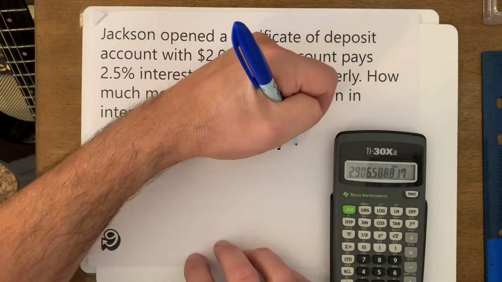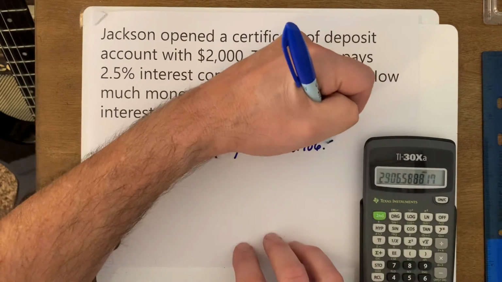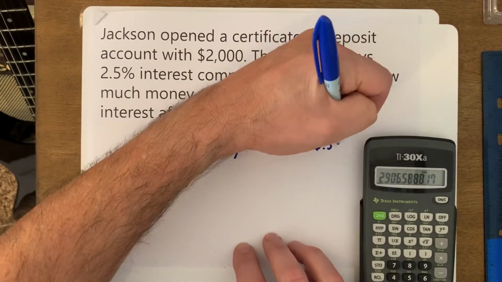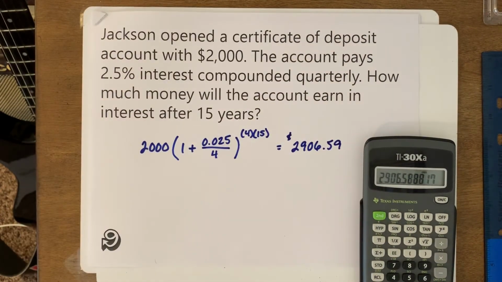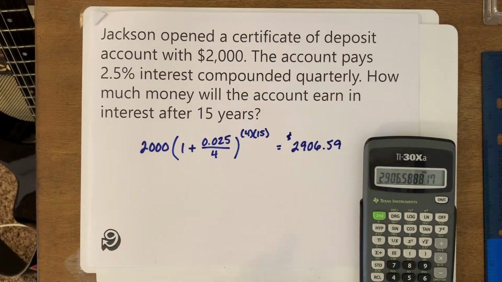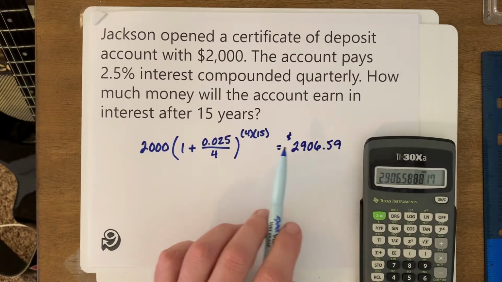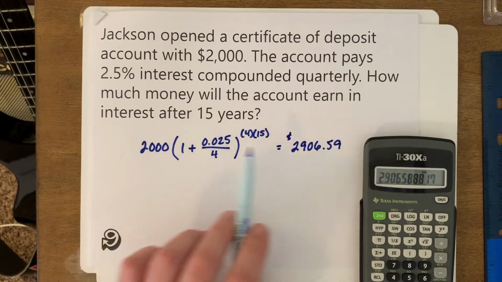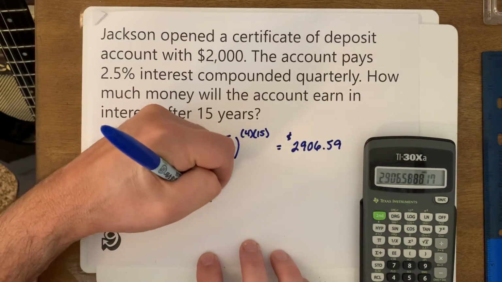And we get 2906.588, so that'd be 0.59. Okay, so then the question says how much, it really says how much money will the account earn in interest after 15 years. This is just how much is going to be in there. To find out how much is going to earn in interest, you have to subtract the initial amount from the new amount, and the answer to this problem is really technically